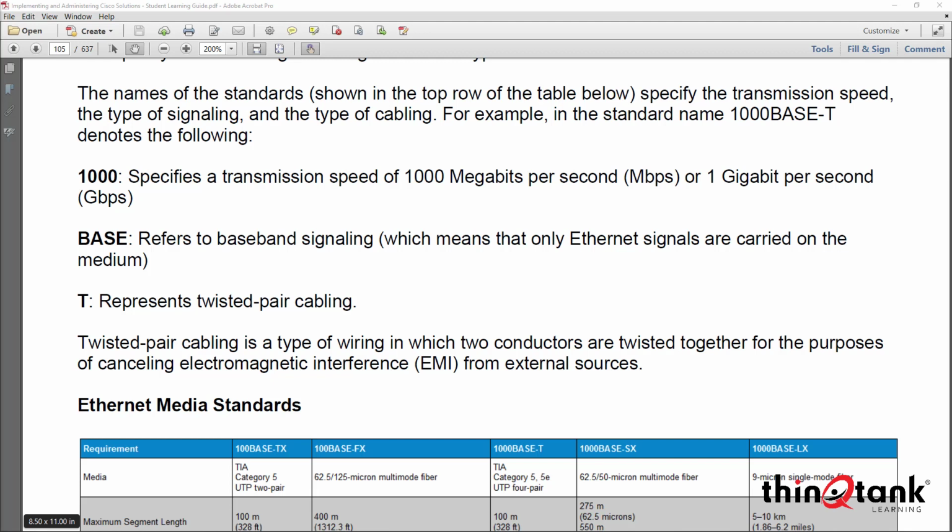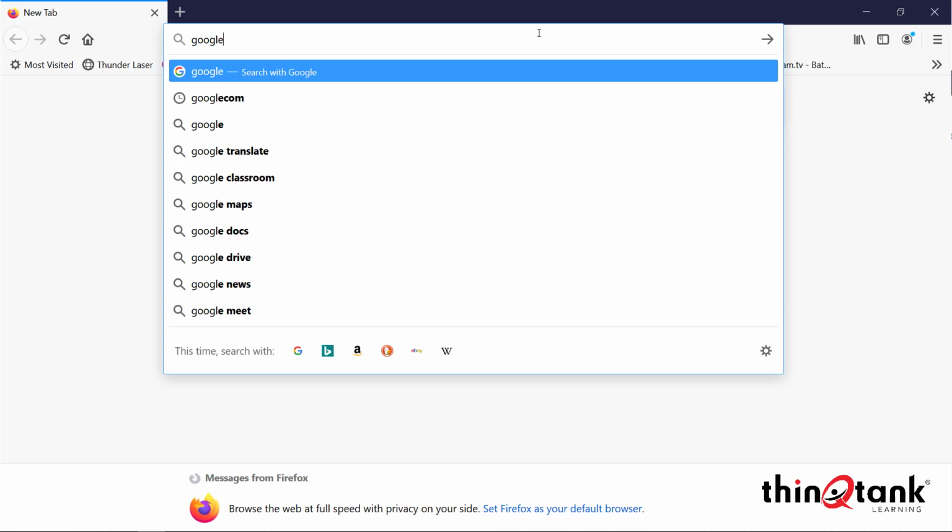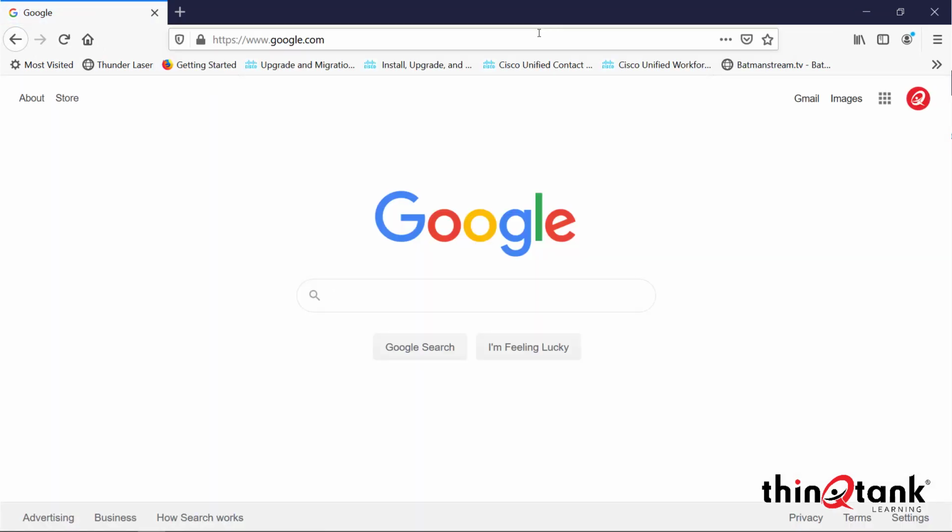The 1000 obviously represents the speed. Like I said, base represents baseband transmission. We don't need to get into the actual signaling technique, but when we talk about the physical layer, it's really important to understand how we identify modulation. Let me pull up something and I'll show you what I mean by that. And I briefly talked about this in yesterday's discussion, but if I go out to Google and I search on